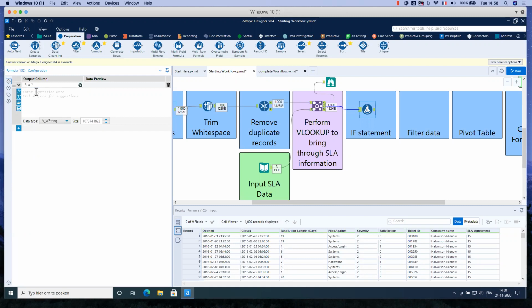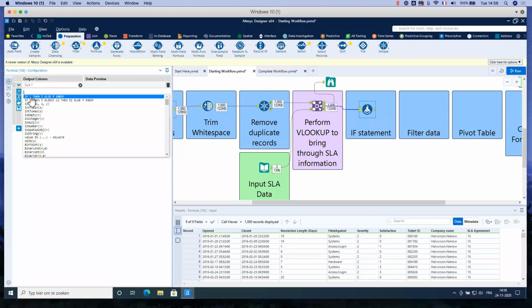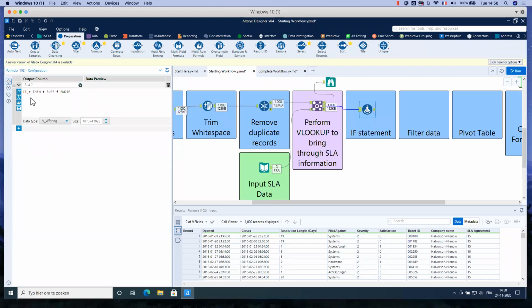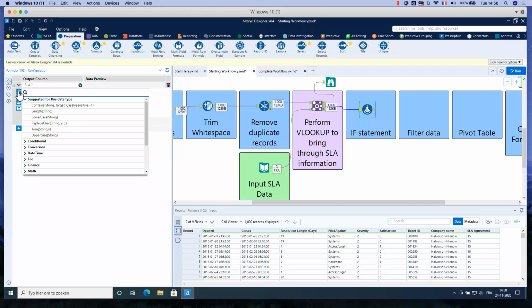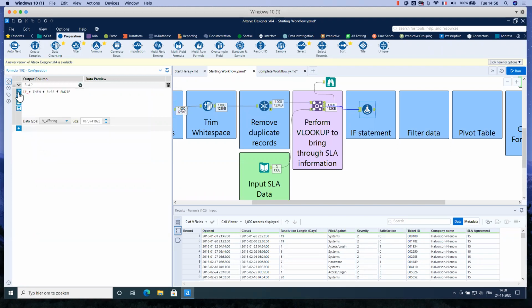I can start typing if, and then immediately the wording of this statement pops up, so I select it. But you can also select on the left, you have a function list here, and in conditional, you can find it. So let me go back to this. I have if.